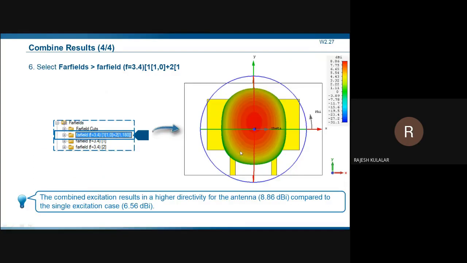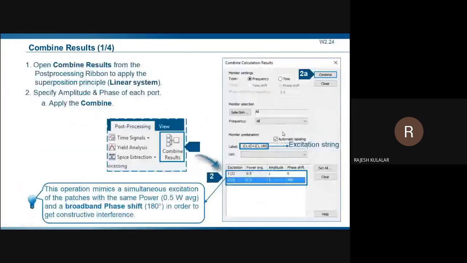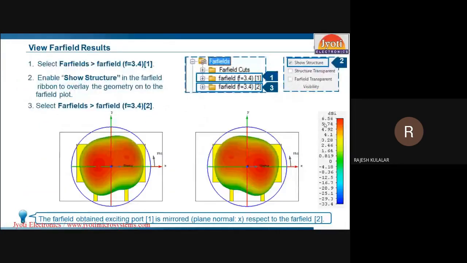After that, if you do the combined result, you will get 8.86 dBi. When you visualize the far field for the single element, single port, you can see the gain is 6.56 dBi.